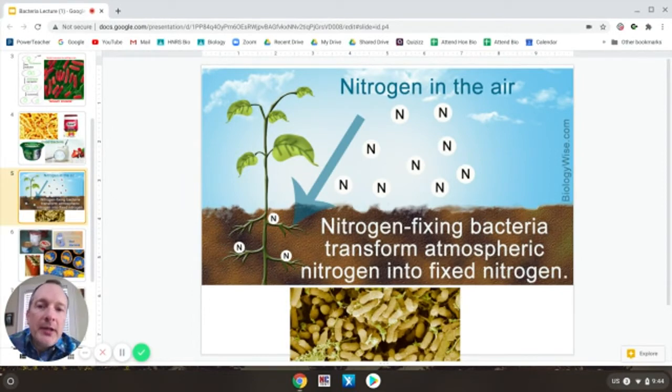Another type of bacteria that we wouldn't have most of our garden food if it weren't for is nitrogen-fixing bacteria. You see, there's nitrogen in the air, and there's also nitrogen in your muscle cells, in meat. But you can't get that nitrogen from the air. And the plants actually can't get that nitrogen from the air either. We can't breathe that in and take it into our bloodstream. But what can take that nitrogen in and turn it into a fertilizer, a solid form that the plants can take in and then you can eat,